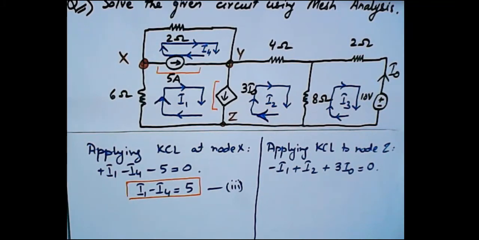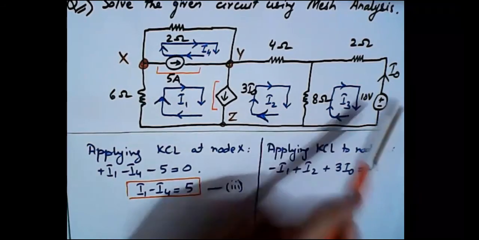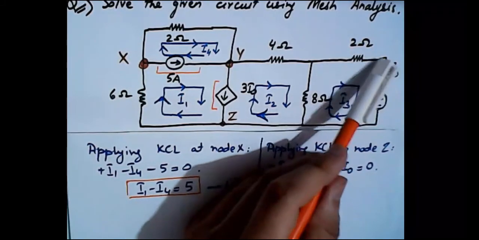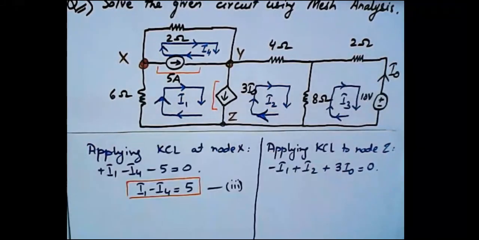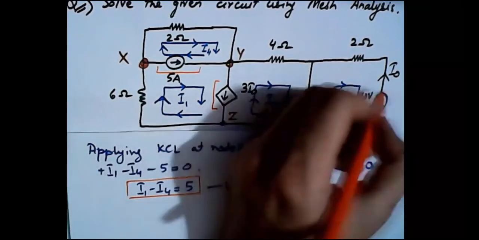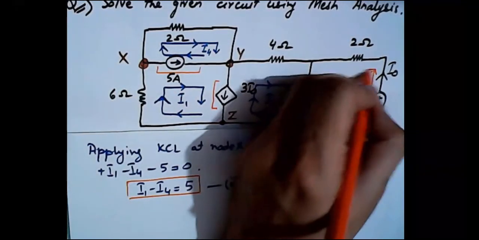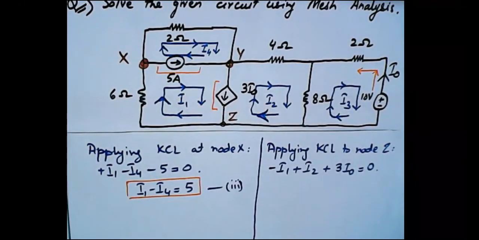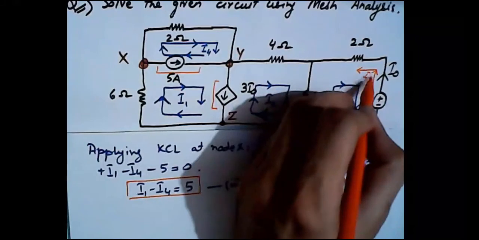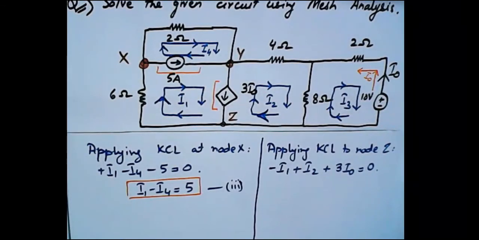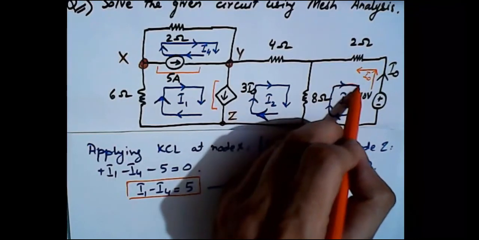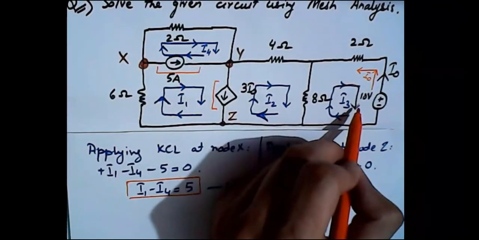When we inspect the circuit, we can see that I0 is basically the current which is flowing from loop number 3. This is I0. It is coming from this direction and then going into this direction, because there is no other path for the distribution of current. And now you can see that in the same path, the loop current I3 is flowing.